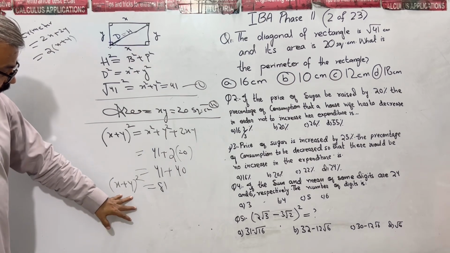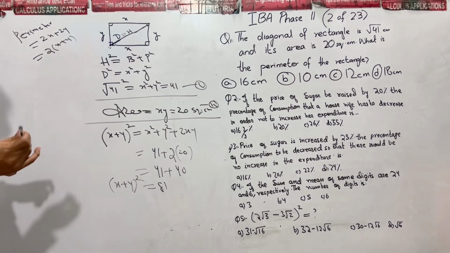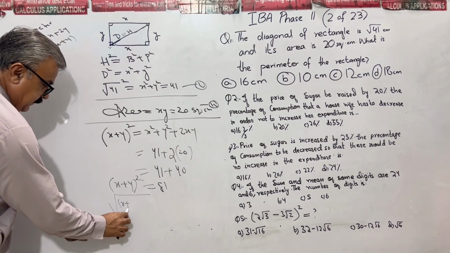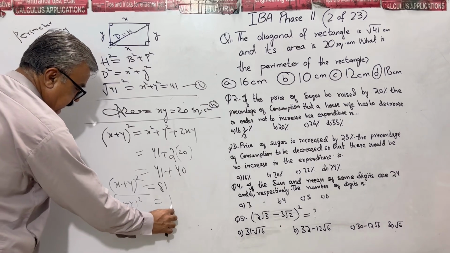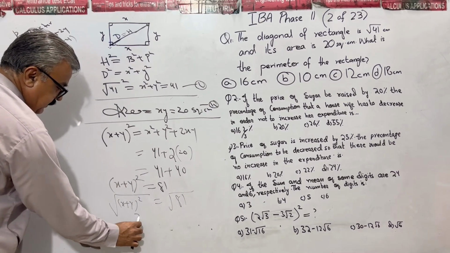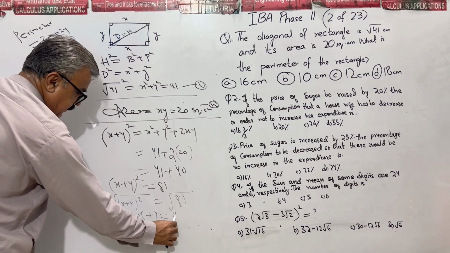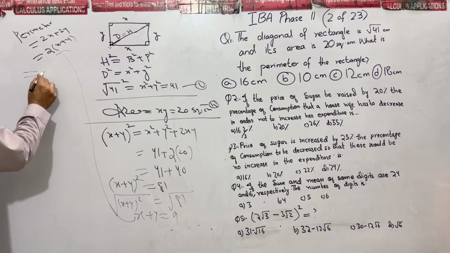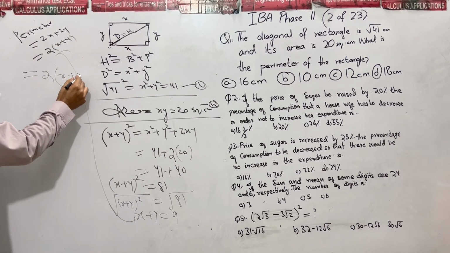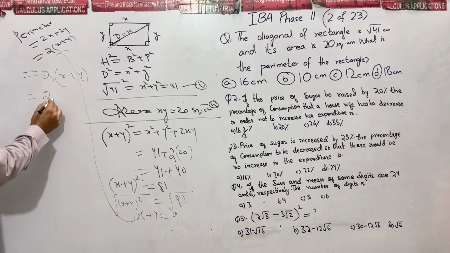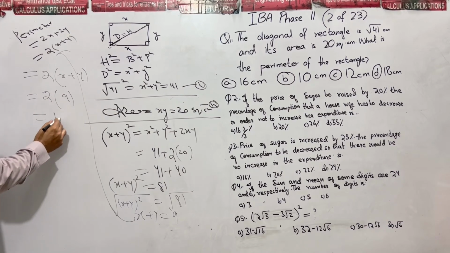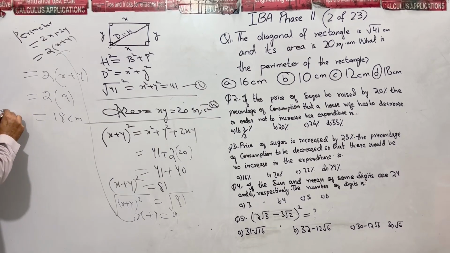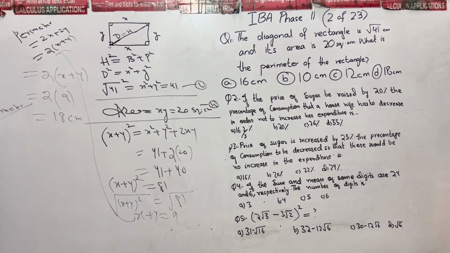If I find the value of x plus y and insert here, it is my perimeter. Taking square root, x plus y whole square, square and root cancel. Square root of 81 is 9. X plus y is equal to 9. Insert this value here as we are asked to find perimeter. Perimeter is given by 2 times x plus y. The value of x plus y is 9, so 2 times 9 is 18 centimeter. That is the perimeter of our given rectangle according to the given conditions, because the condition